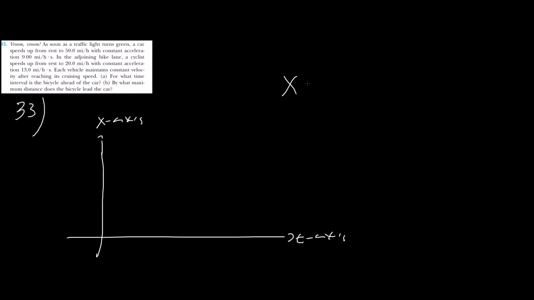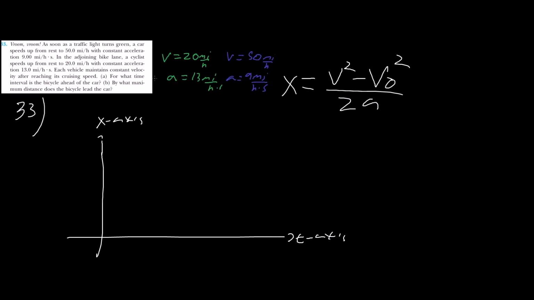Alright guys, so here's the equation. The equation is going to be the position, it's going to be the final velocity minus the initial velocity over 2 times the acceleration. In the bicyclist, the initial velocity of the bicyclist, actually let me write these variables down. All right, so notice that the bicyclist has the greater acceleration. They're going to start from rest,